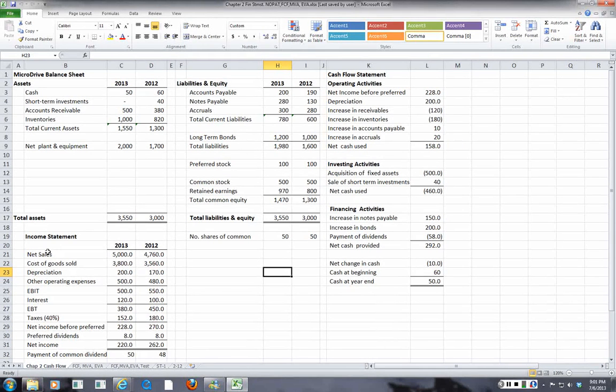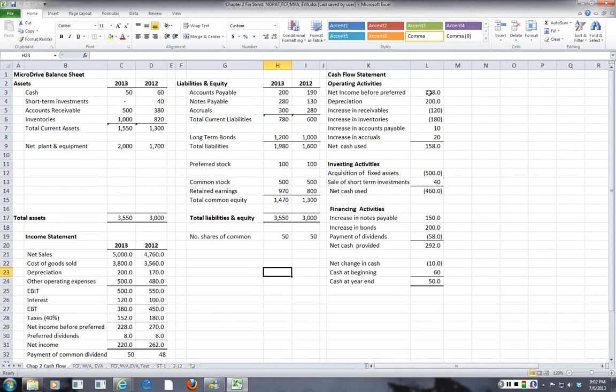Then we've got an income statement here, and they've gone from $5 million in sales to $220,000 net income. And now from those two statements, the balance sheet and the income statement, we want to create a cash flow statement. Before we get into it, I just want to say this is probably